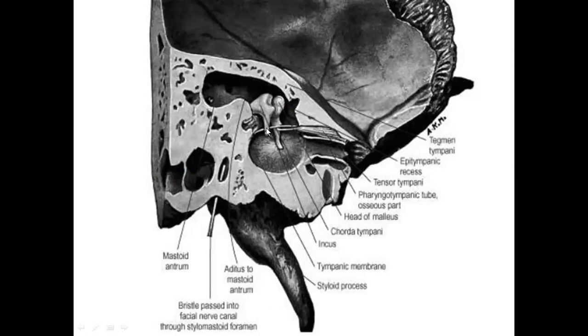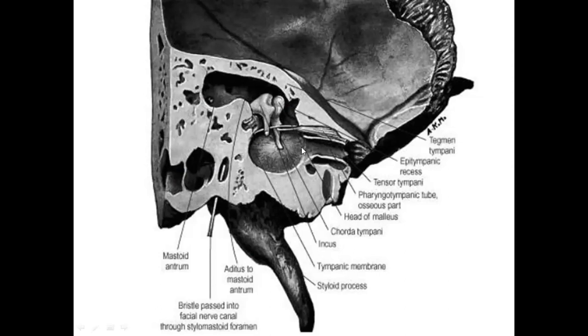And this is the chorda tympani nerve, which is moving from the posterior side. It passes over the handle of the malleus, and it contains the taste fibers and the preganglionic parasympathetic fibers, and it relays over the submandibular ganglion, and then the postganglionic fibers go towards the submandibular gland and the sublingual gland. So this is the chorda tympani nerve, which is given off by the facial nerve on the posterior wall of the tympanic cavity. So this is the mastoid antrum, and this is the epitympanic recess.